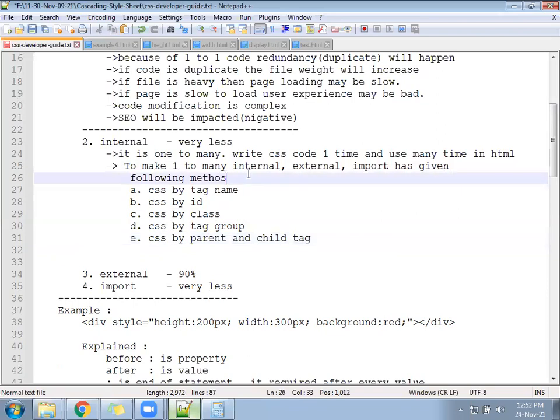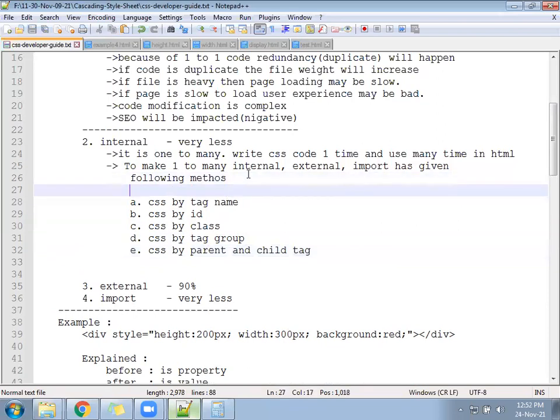Among these 5 methods, when you open W3, they have written the CSS based on all these methods. They have not written inline CSS. Inline CSS is rare, everywhere it is internal CSS. In W3, whichever example you see, all are based on internal CSS, rarely inline CSS. Now, how many methods? By tag name, by ID, by class, by tag group, plus parent and child.